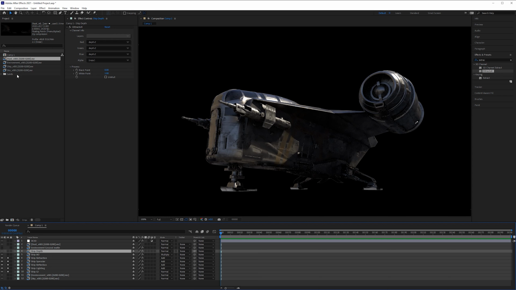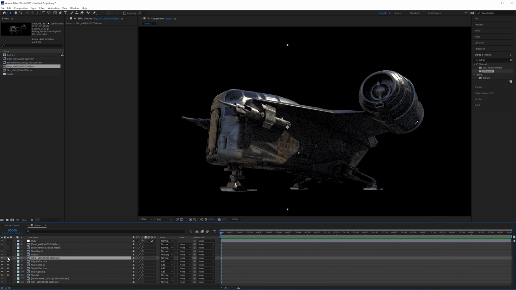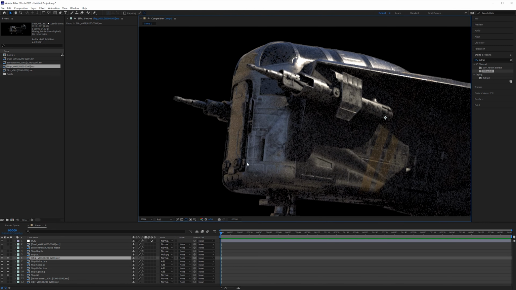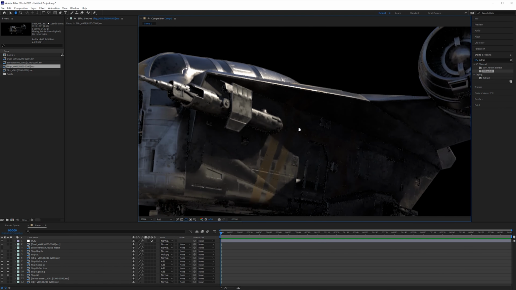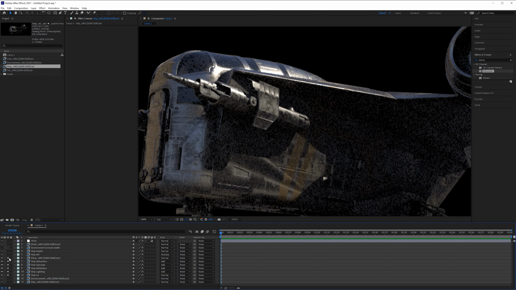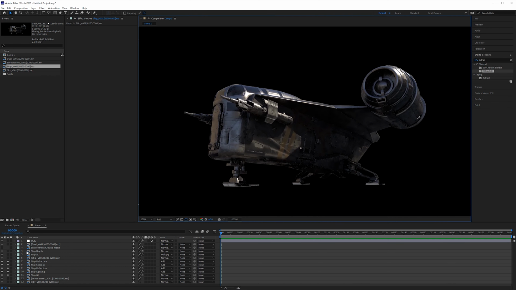If you want to double check that, take another copy of your ship over here, place that on top. And if you turn that on and off, the only difference you should see is the beauty will be a little bit more grainy, or quite a lot more grainy if you turn on your denoiser, because all those passes have the denoise filter applied. But by default, RGB does not have that. That's why it's going to be a bit grainier. But other than that, it looks the same. It looks correct. Okay, we can actually just delete that.